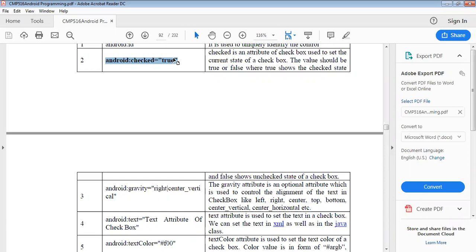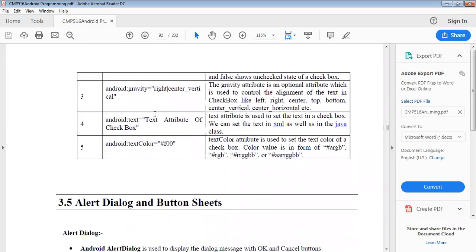True shows the checked state, and false shows the unchecked state. Here there are some gravity options, like right, center, vertical, and different types of text attributes of that checkbox.